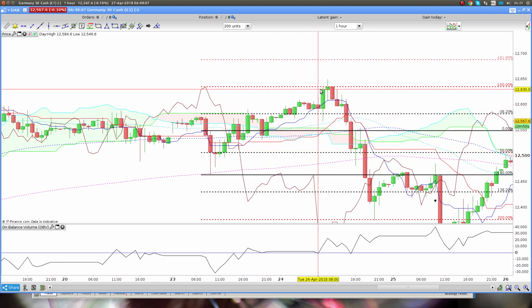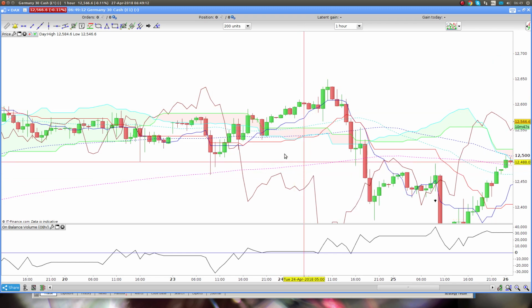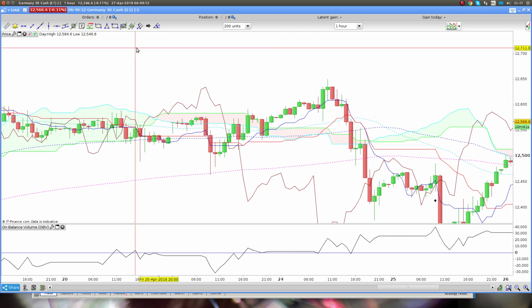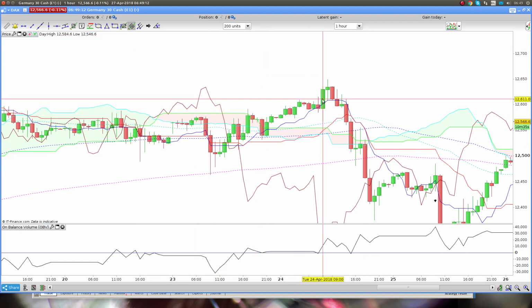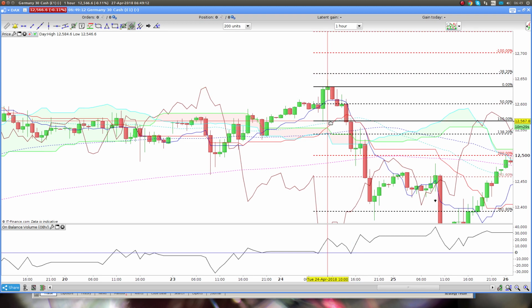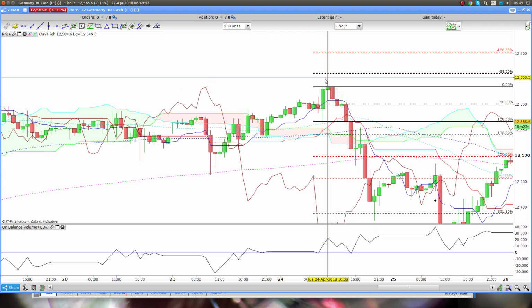You see that? Now this is the important thing. You need to remember whether your target was hit the day before or not. And the only target you're really worried about is the 100% Fibonacci. So it's 100% of that range. Let's look at the next day, Tuesday. There to there. So why I say you want to pay attention to that is you can see here